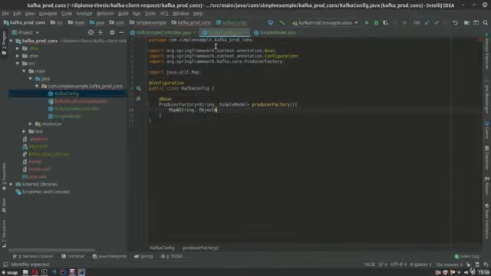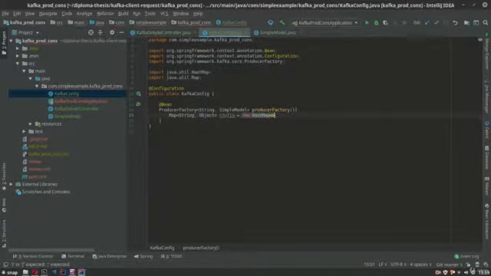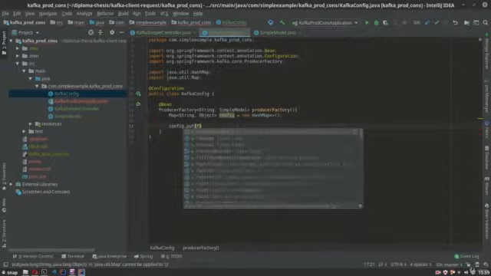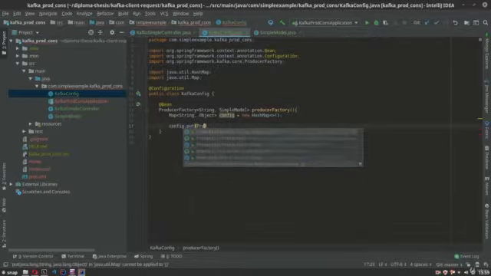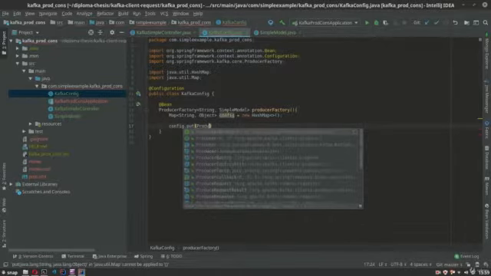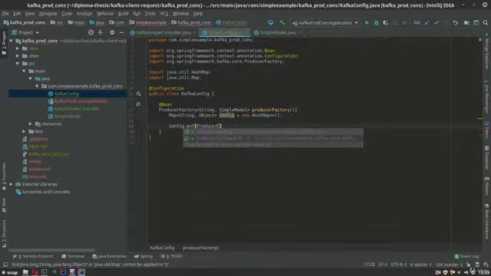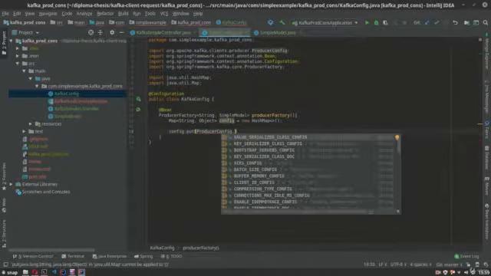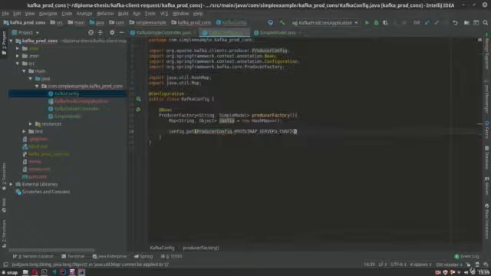So let's name it config equals new HashMap, and this doesn't really matter. And let's put our actual properties, and the actual properties here are going to be ProducerConfig.BOOTSTRAP_SERVERS_CONFIG,